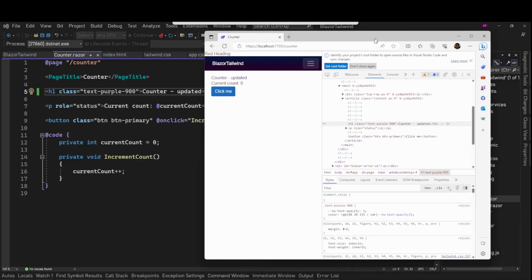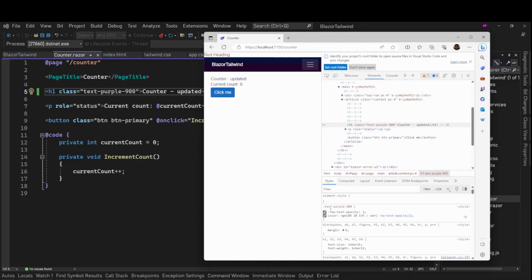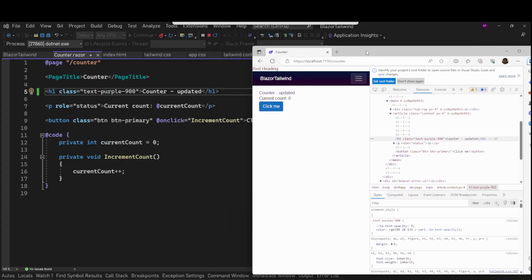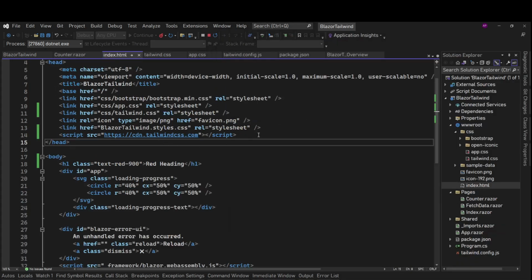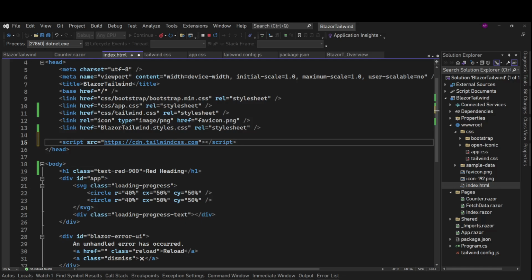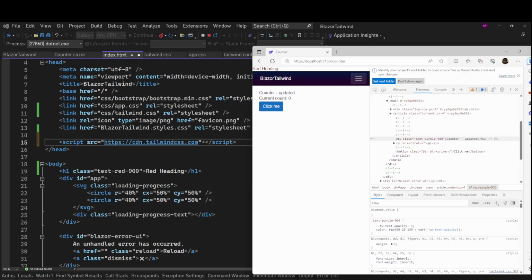We can see this text purple 900, and it is coming from this JavaScript file. Basically it added all the data to the page only. So this is coming from this JavaScript file which we just added for HTML. But now we have a situation. We don't want this file in our production. This is only for development, and it also says if we go here and check the console,